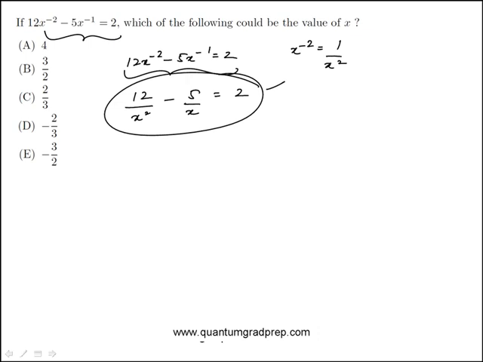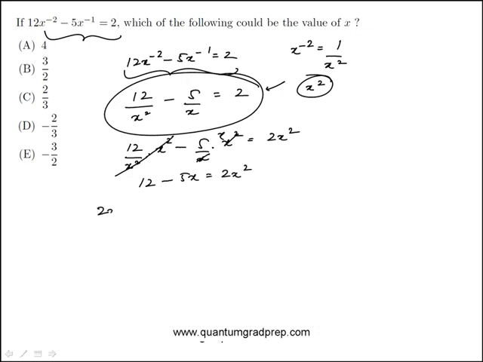To get to that, you multiply both sides by x squared. So you have to multiply each term by x squared. I'll actually do those steps, but if you're very comfortable with it, you can do a shortcut here. So that would be just 12, and then this would be 5x equal to 2x squared. Now I'm going to turn this into a quadratic, move these terms to the other side,